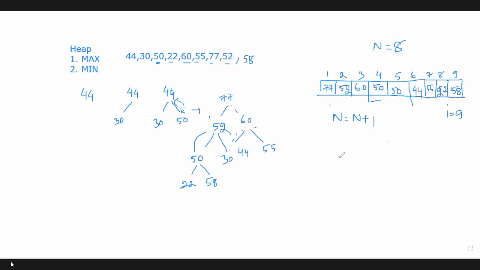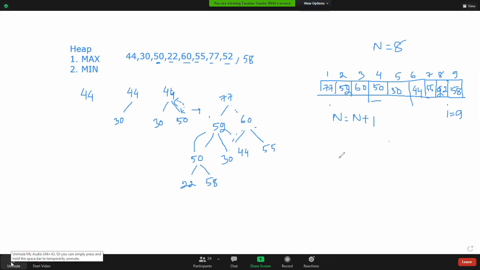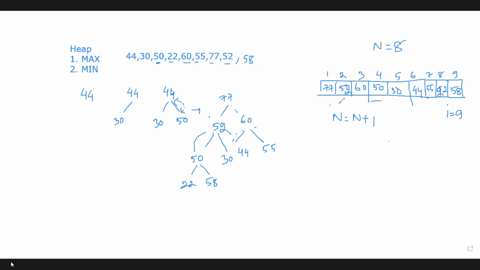Is it clear what the first step of the algorithm is? We'll always add the new node at the end of the tree. At first we increase the array size by 1, then we insert the new node. After that, set a pointer. So pointer I equals n, and here n equals 9.